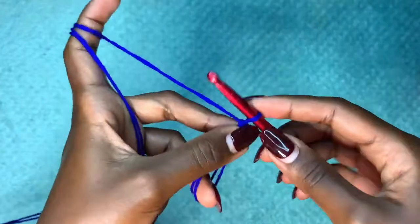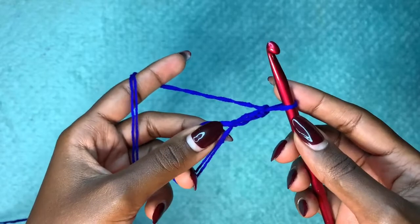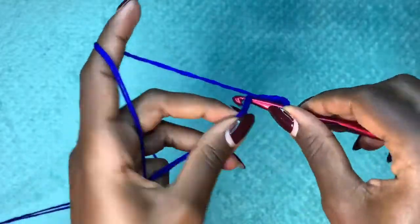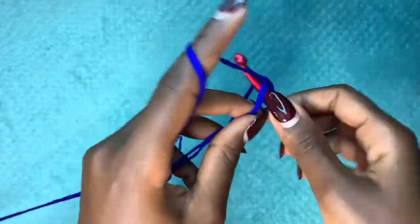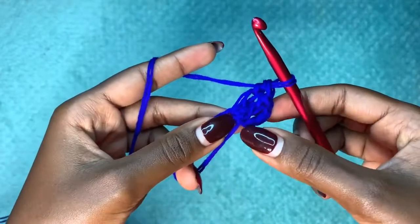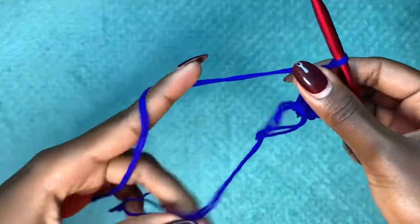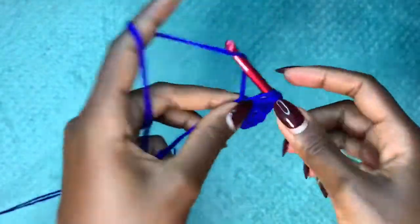So you're going to chain up 3, 1, 2, 3, and this counts as a double crochet. You're going to double crochet 2 more times into this space, into that circle that we created. So this is 1 double crochet, and then this is a second double crochet. So right now we have a total of 3 because the chain of 3 counted as 1 stitch. So we have 3 double crochets. Then you're going to chain up 1,